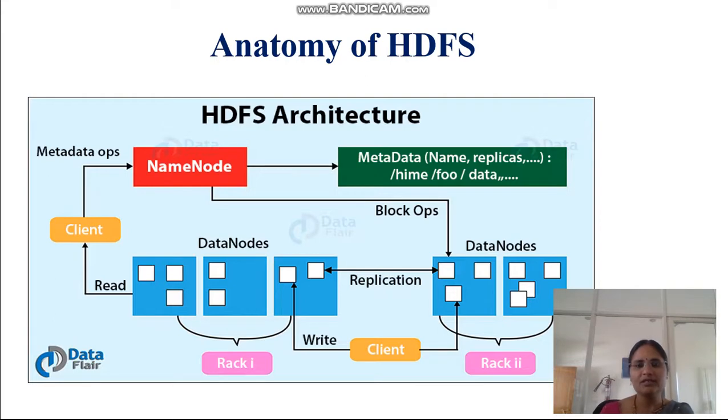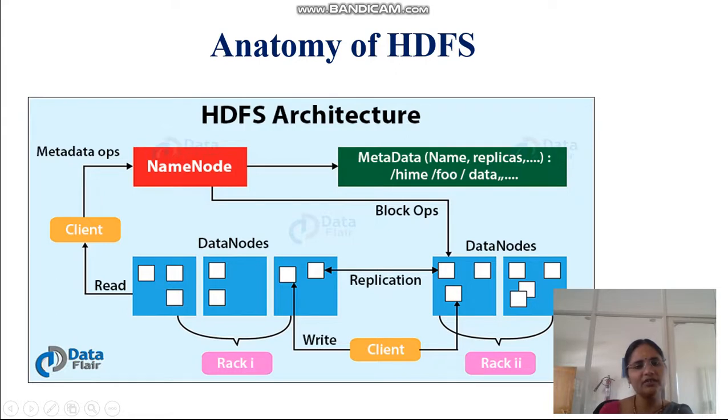The basic meaning of anatomy: we know that it is an architecture, a structure, a design. So the basic design of HDFS is shown to you in this figure. The HDFS Hadoop file system architecture majorly consists, in its design, of a name node and multiple data nodes. The name node is the central piece, the master node, which manages all the data nodes in various racks. Every rack consists of multiple data nodes where exactly the data is going to be stored.